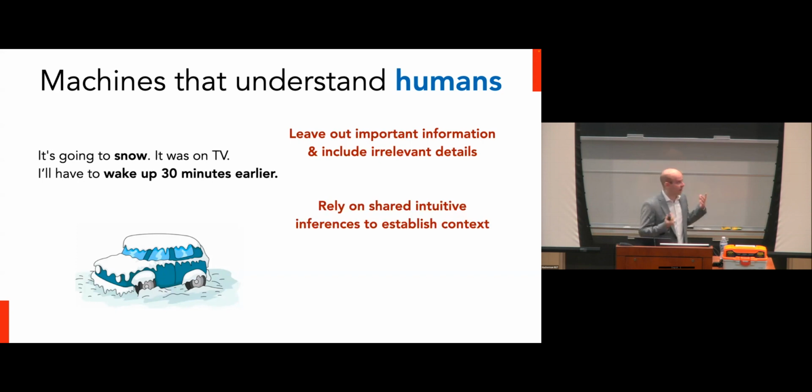Once you recognize that a lot of information is missing, you're going to rely on shared intuitive inferences to establish context. So essentially bring in more information from outside that you have identified as potentially relevant from years of personal experiences. So maybe if you have children, you'll have to get them dressed for the cold, wet weather in the morning, which is going to take time. If you have a car, you'll have to clear it out of the snow, maybe heat up the windshield, get the ice off, and potentially dig it out.